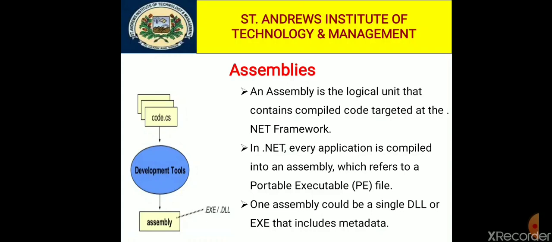The next feature is that version dependencies are recorded inside the assembly manifest. Every application, every software has version dependence. Assemblies can be loaded side by side, and installation can be as easy as copying the files that belong to an assembly. Assemblies can be private or shared. In further slides we categorize assemblies into different categories. So assemblies can be private or shared, depending on the type of assembly we use.